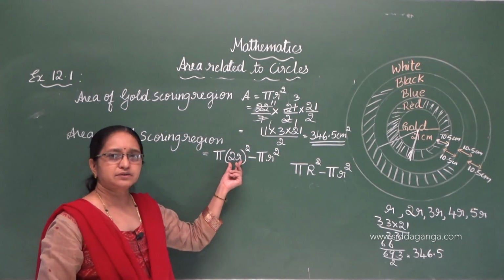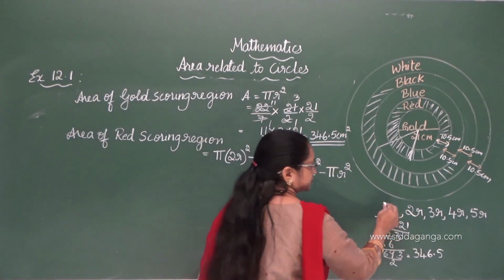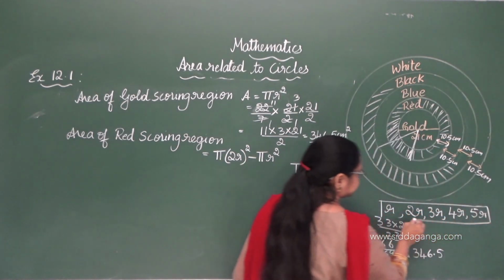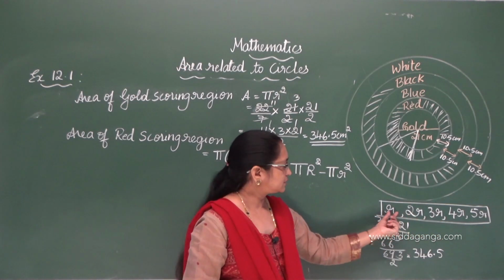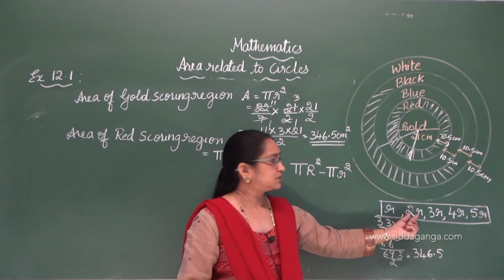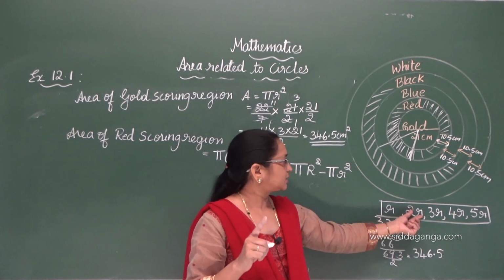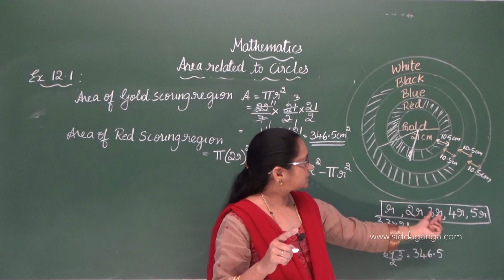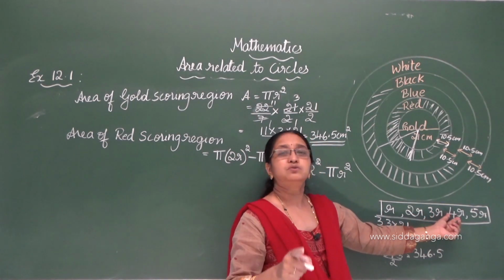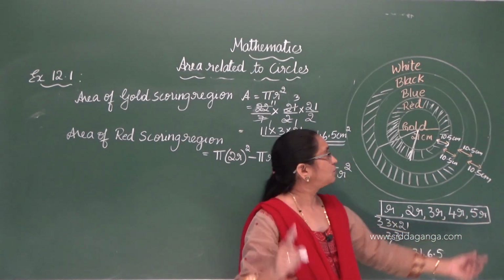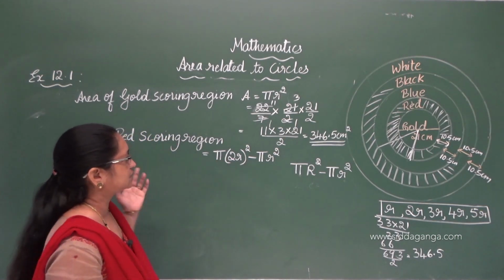Why I wrote 2r, you all know, is the radius of the next one I had taken. See here, this is very important. I have rubbed that portion, but I have written this radius for you. Here this is gold, the next is including gold and red. Please be careful here: including gold and red, this is gold, red and blue, this is gold, red, blue, black, and the last one is gold, red, blue, black and white. So this is the case.